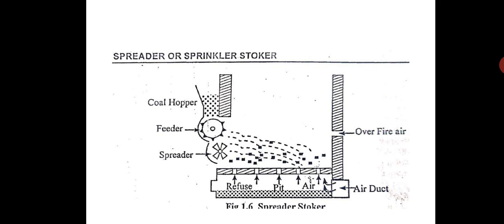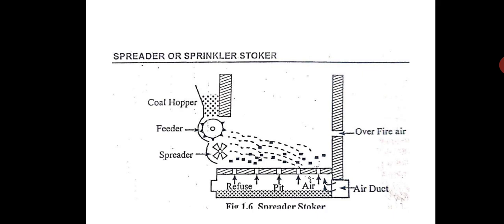But the disadvantages are, it is not suitable to burn varying sizes of coal. You have got the feeder and spreader, so it will be designed for one size of coal, not half-inch coal, 5-inch coal, like that. For one particular size only it is used, and only crushed and sized coal can be used. You will have one particular size, say 1 inch, 2 inch, something like that, and it will be designed for that. When you are supplying, the size of the coal should be almost uniform, not varying too much.